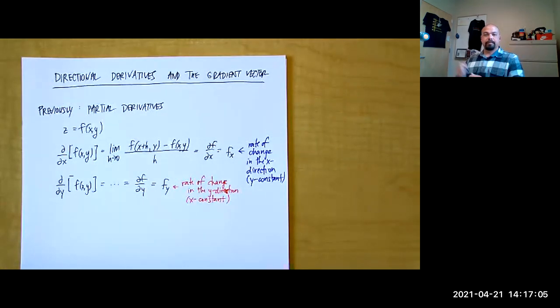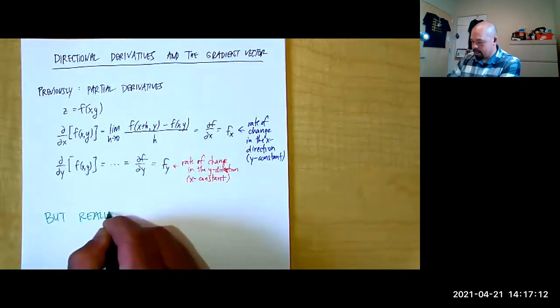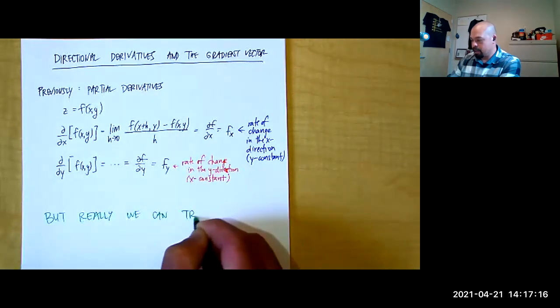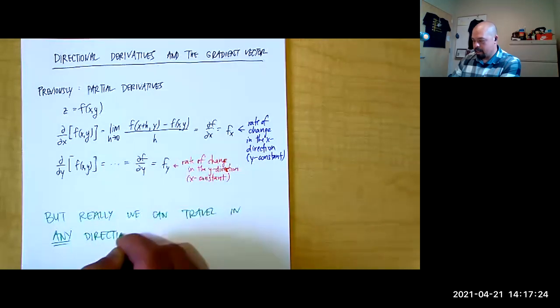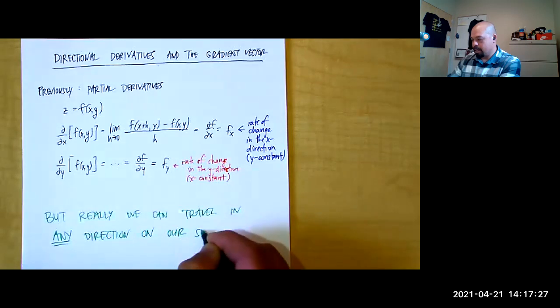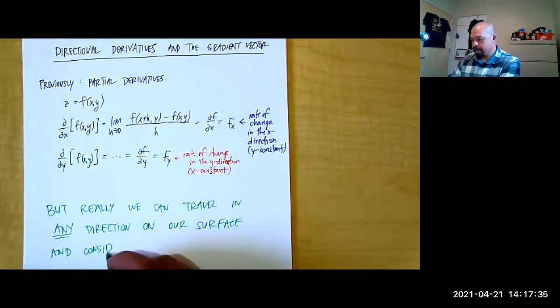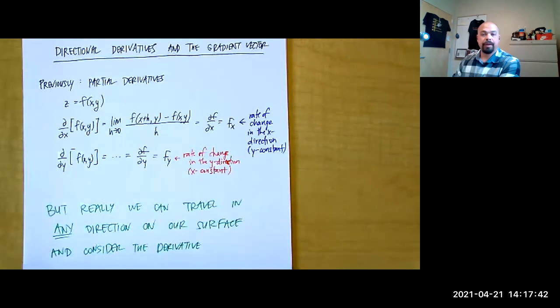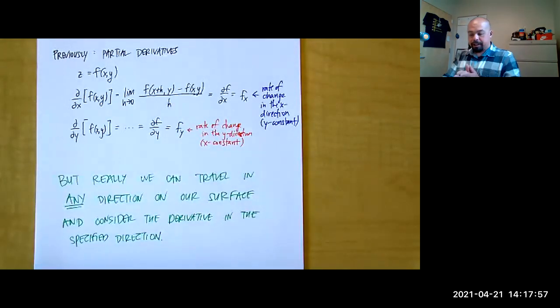But then comes the big question. Really, we can travel in any direction on our surface and consider the derivative, that slope, that rate of change in the specified direction. So instead of being locked into just looking in the x direction or the y direction,